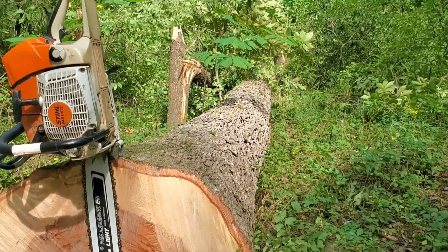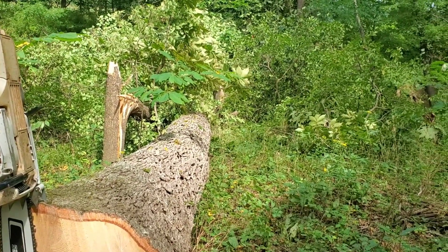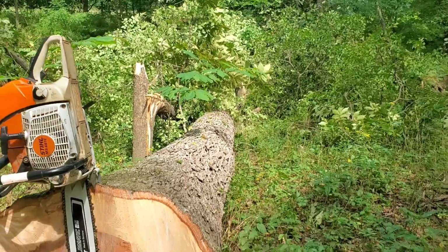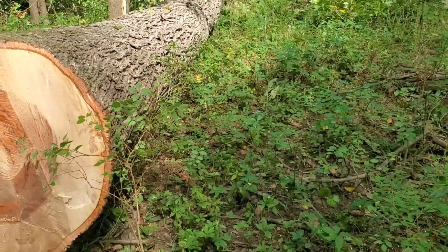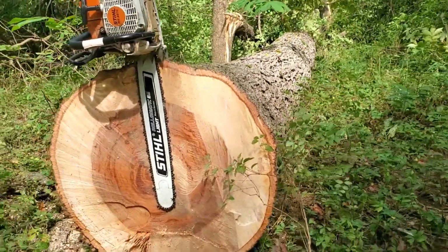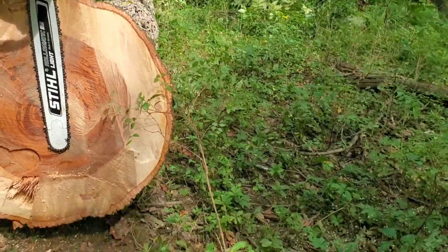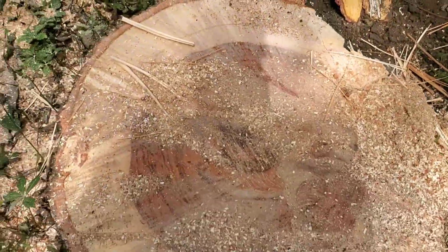Then the rest, there's not much of a top on this one. It went up there and crotched off quite a ways, and the limbs are pretty bushy, but we'll salvage what we can out of it. But still, it's a pretty wood, no doubt about it. It's pretty wood. This is kind of how I like to leave my stumps,